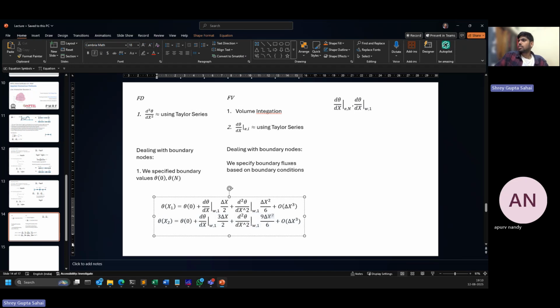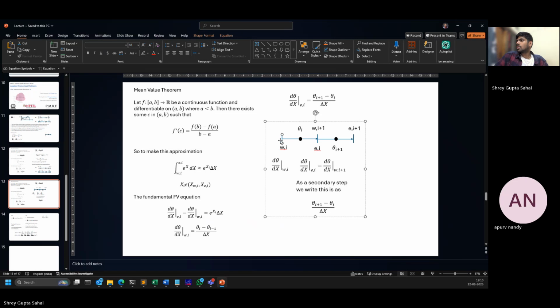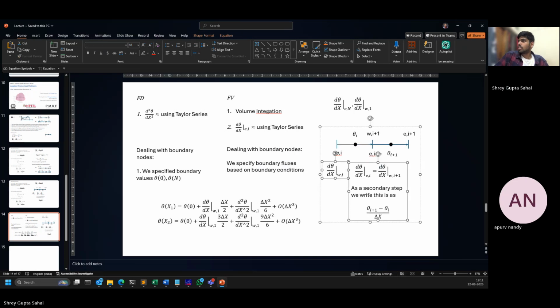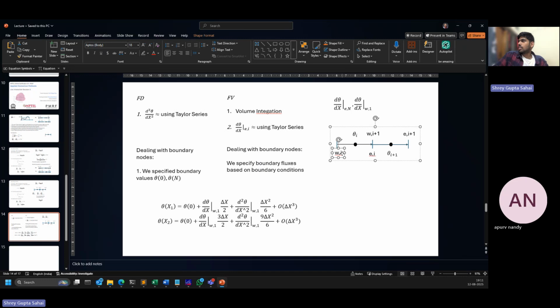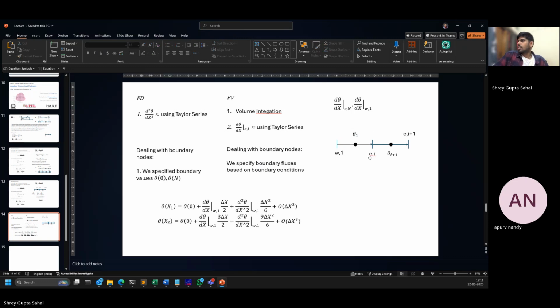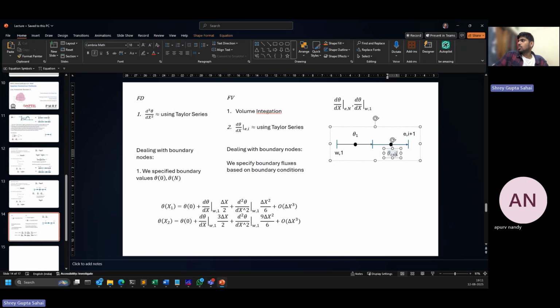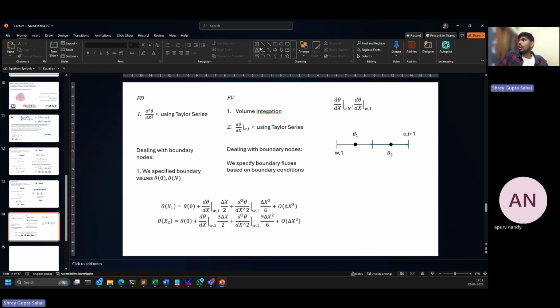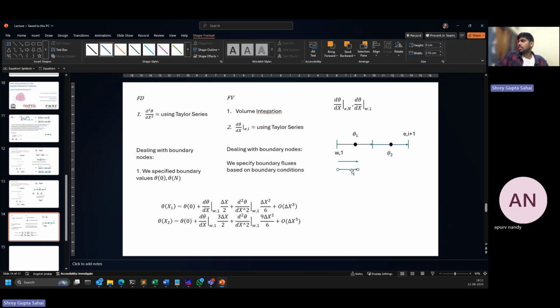What have I done? Let me show this to you. We remove this and this. Let this be west of 1. This is theta 1. This is theta 2. What am I doing, how am I writing this? See, this distance and this distance are delta x by 2 and 3 delta x by 2. I'm using these two concepts of